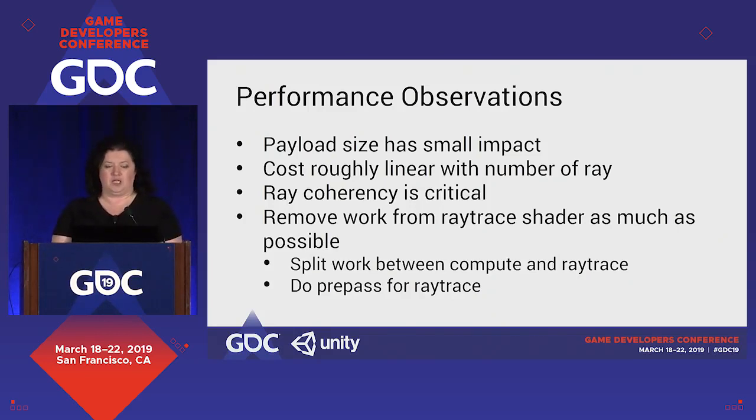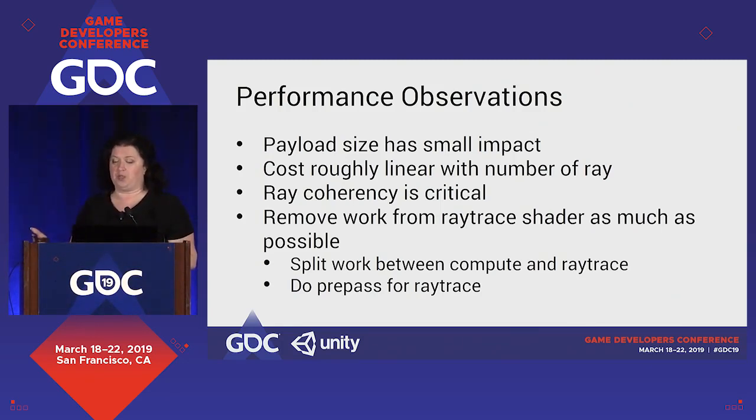All right. So a couple of small performance observations. I have about maybe 5 minutes, and then I'll finish my rant. We noticed that surprisingly payload had a really small impact. We did a lot of tests, varying 256 versus 1024 payload change. It was negligible in terms of performance. And we actually found the same feedback from Microsoft and NVIDIA when discussing. Cost was roughly linear with the numbers of rays. And of course, as I mentioned earlier, ray coherency was king, right?